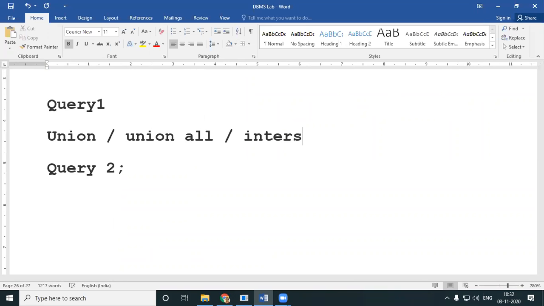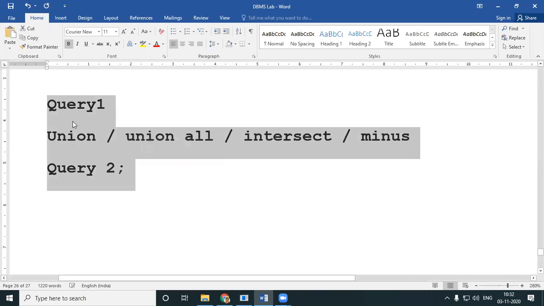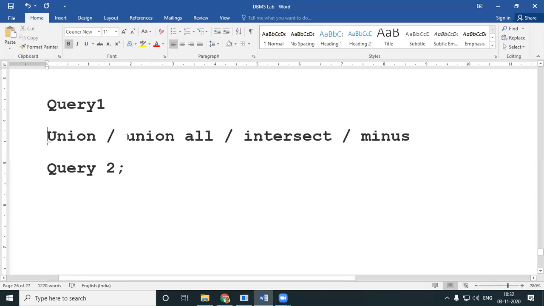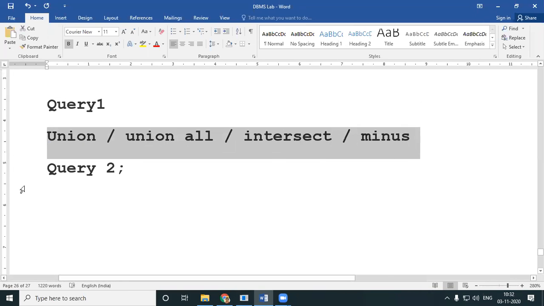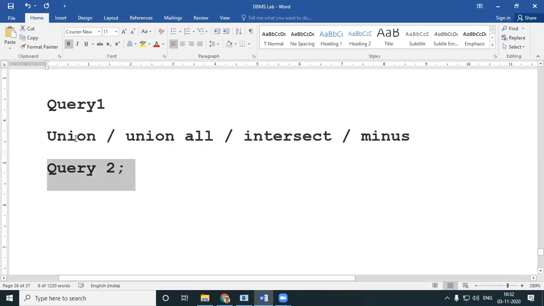If it is intersect, you write intersect over here. If it is minus, you write minus. So for all your set operators, this will be the syntax: query 1, whichever set operator you want to use, query 2. And then the union of both would be taken.